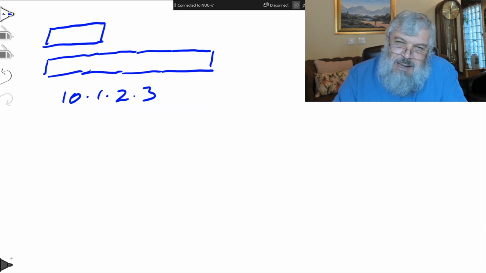An IP version 6 address is obviously going to be a much harder value to remember or to write down. But just to appreciate how hard it may be, let's look at this example.